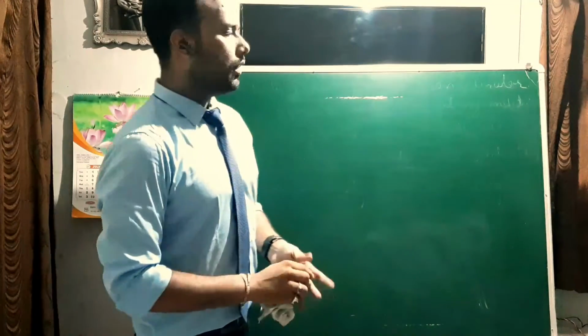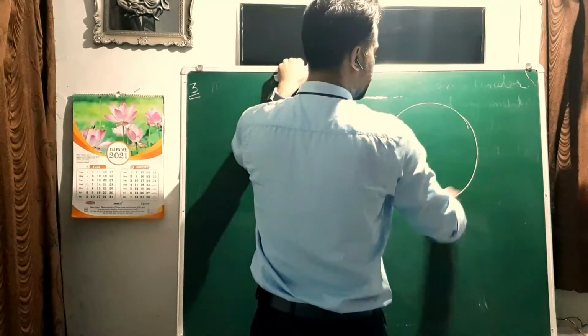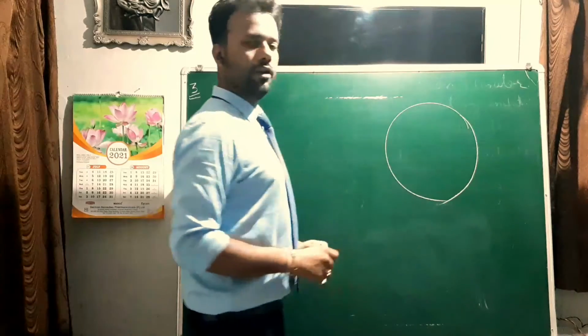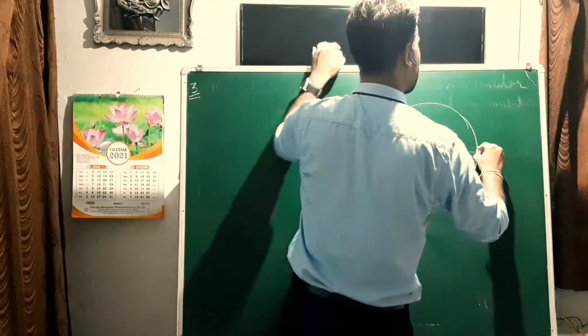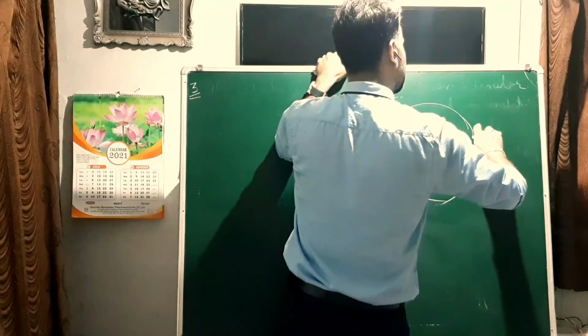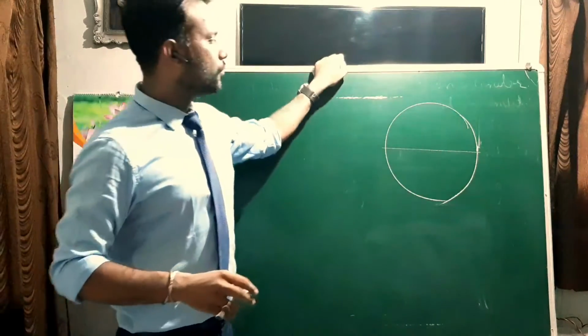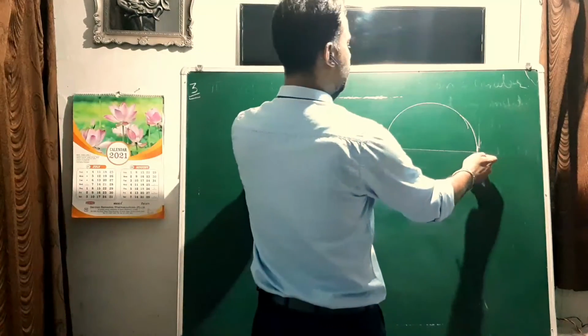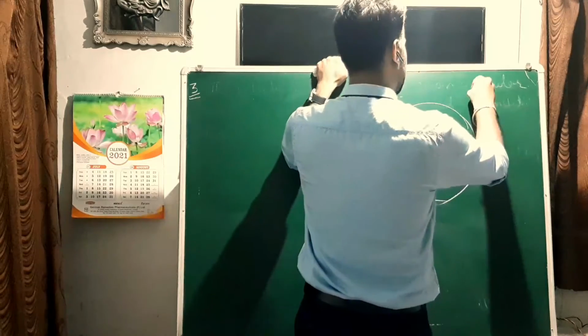Alright, now the particle was moving on a circular path, right? Initially at any point it was moving toward north, right? Obviously there can be two points where it can be moving toward north, either at this point or at this point. So I'm considering that it is moving here